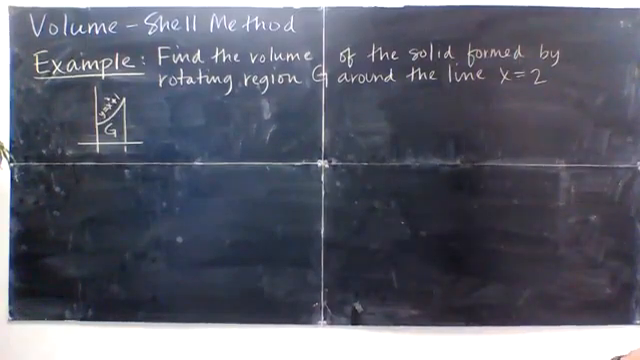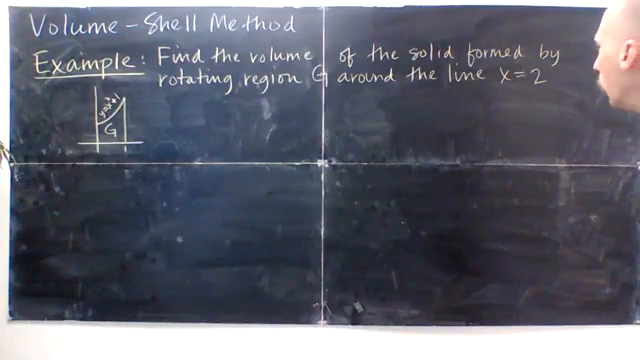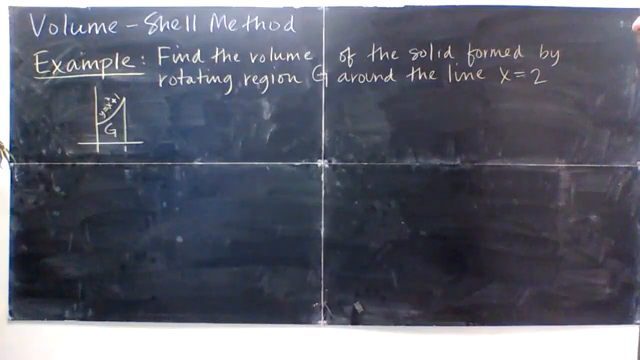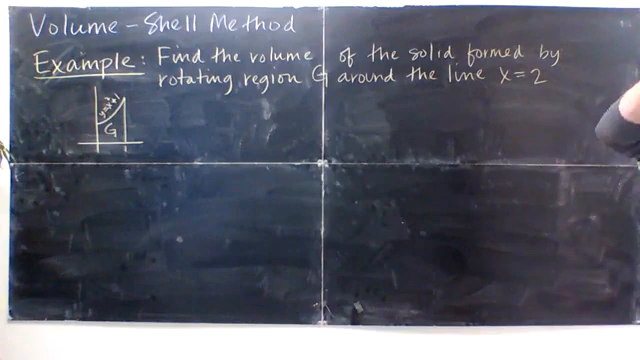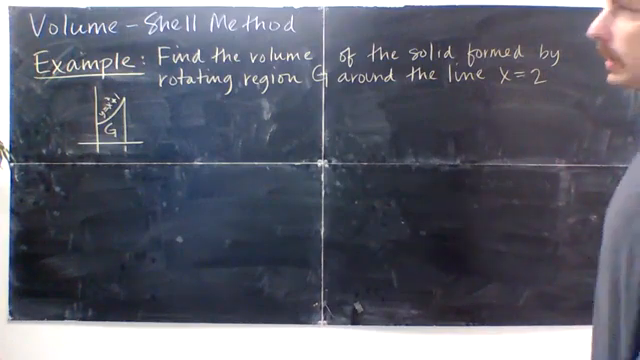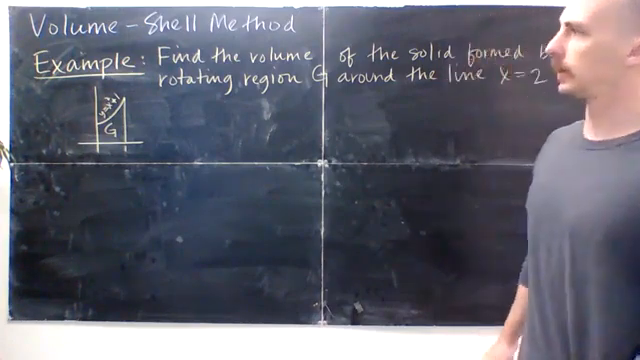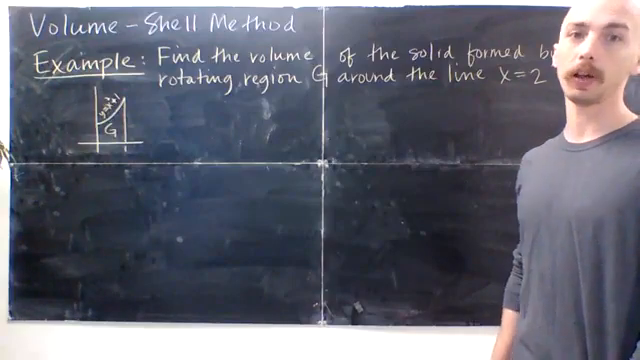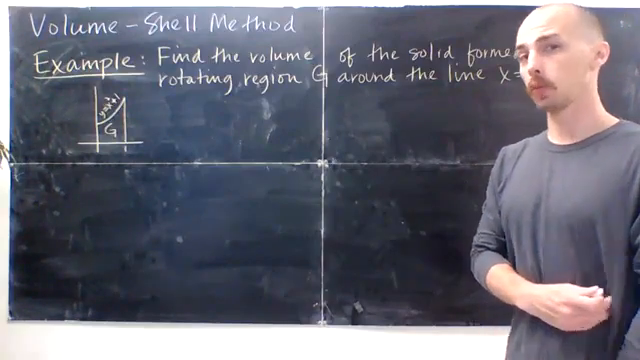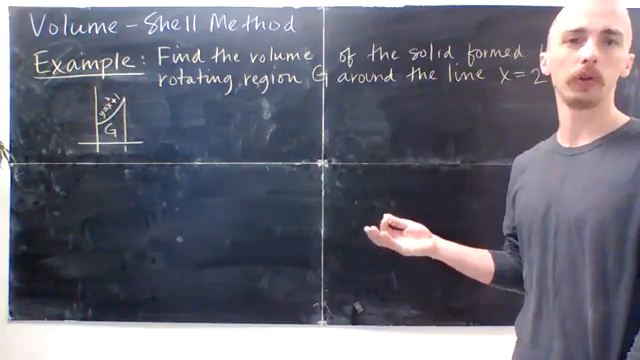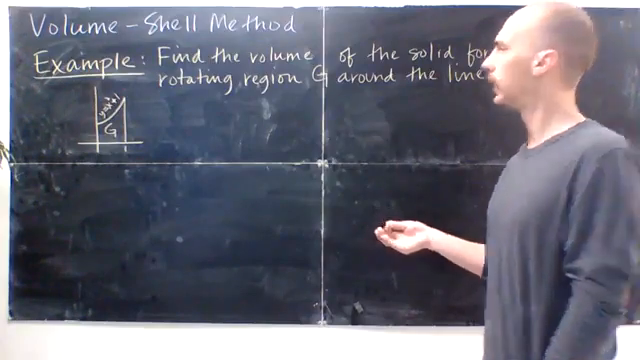So here I've got y equals x squared plus 1. And we're going to rotate this region G around the line x equals 2. Okay, this is bounded not only by x squared plus 1, but by the coordinate axes and the vertical line x equals 1. So this is one that we actually could have solved before using the washer technique, but notice